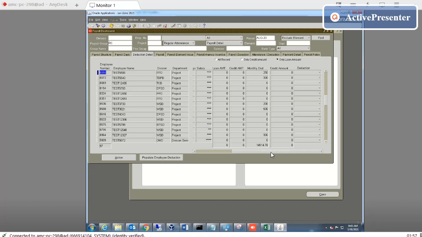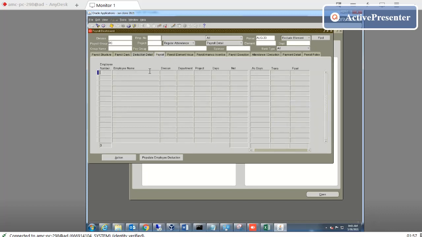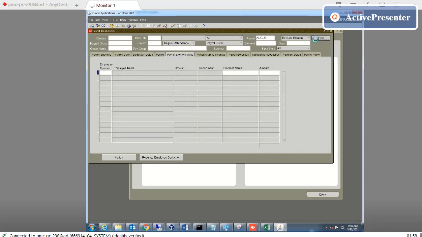If you need to adjust something here, this payroll run process has already been done, that's why we cannot change something here. So for the new payroll, you can change here. You can change the monthly deduction also. You can change the credit deduction. In the payroll, their department days, net days, all. I will not show you the amounts. So here we can update the bank assignment, bank, and so on. It is according to the management.